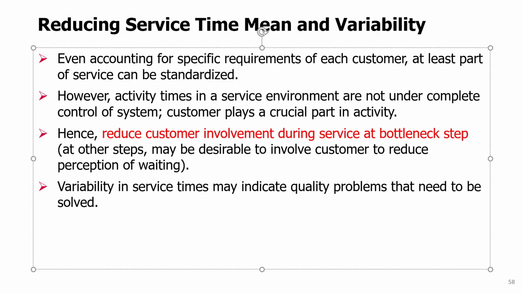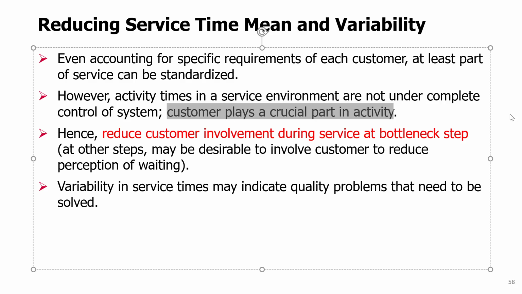So, for example, we can try to use scripts in a call center or even in fast food restaurants, ask customers in certain ways that will reduce the confusion, for example, or improve the speed of interaction. However, you cannot avoid completely the randomness, because the customer plays a crucial part in the activity, right? You interact with the customer who has to say exactly what they want, for example, what products they want to order from a fast food restaurant, or what kind of question they have when they call a call center, right?